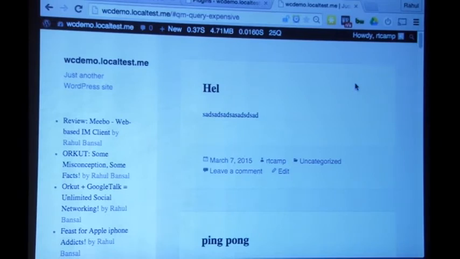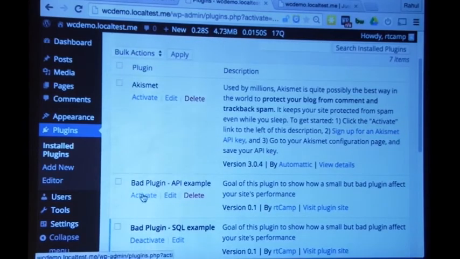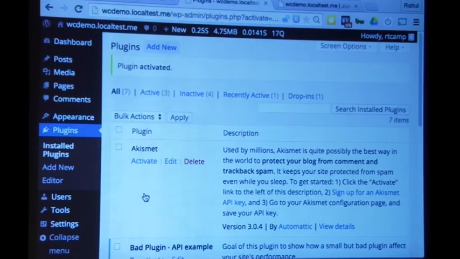You found a magic plugin and it seems to be doing its job pretty nicely. But then there are other types of bad things that could happen. I will show you another example. This is my bad plugin API example. Actually, I forgot to tell one thing. In the last MySQL query example, you could have used the WordPress database class, WPDB. That would have at least given you the built-in WordPress cache feature.